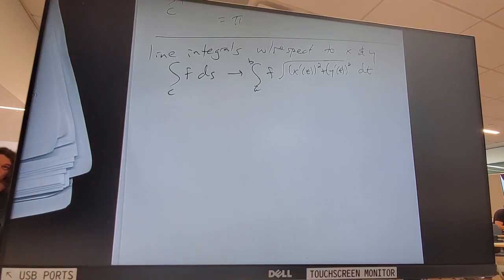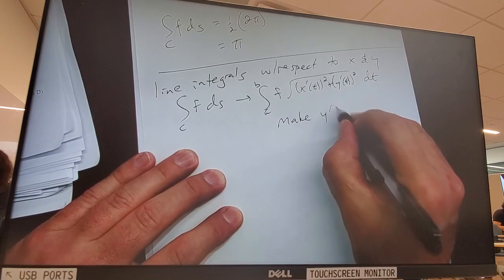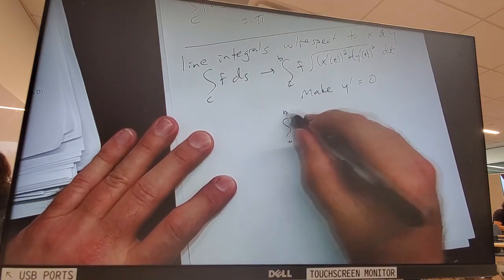If I make y prime 0, meaning I'm looking down from above at this guy going across the bridge. I'm making all my vertical displacements. From that perspective, physically, it looks like y prime is 0. Here I'm just going to force y prime to be 0. What happens? Yeah, you get a to b.